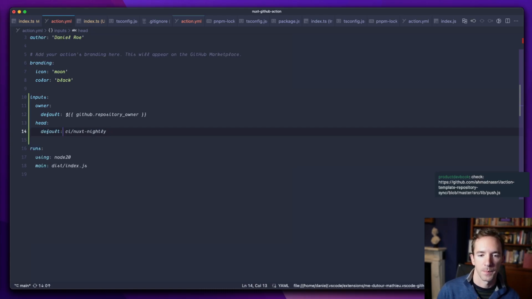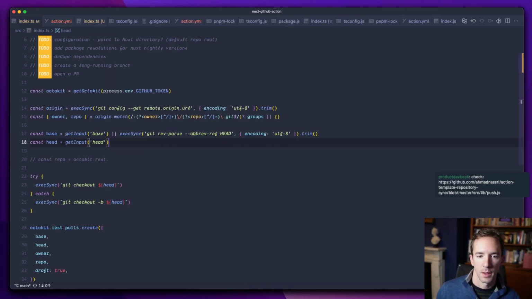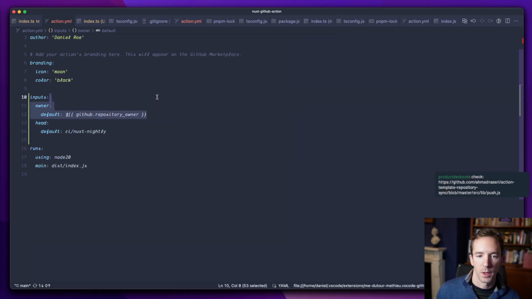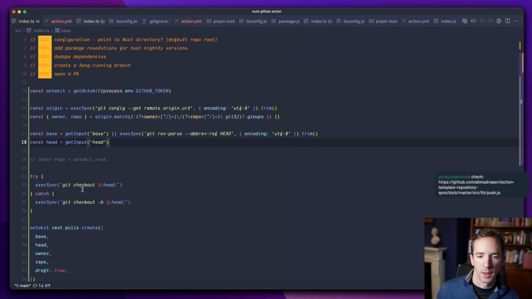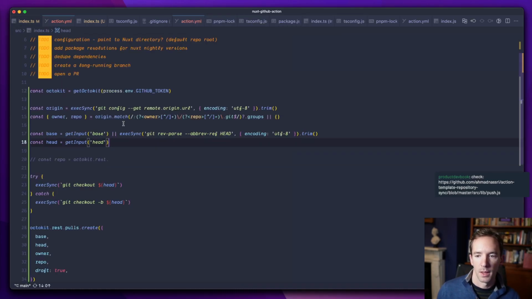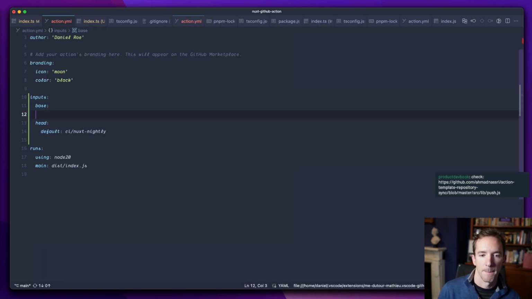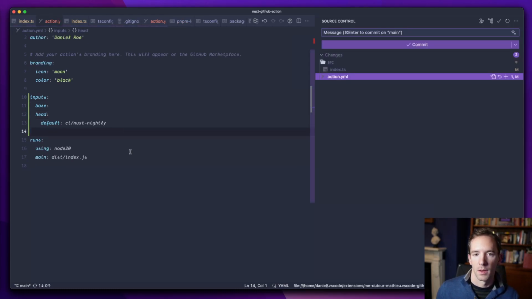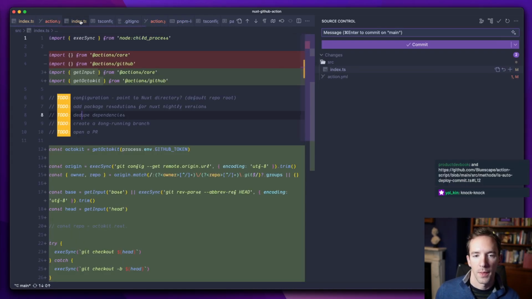We don't need to specify owner, but we will specify base. Okay, and then what we want to be able to do now is